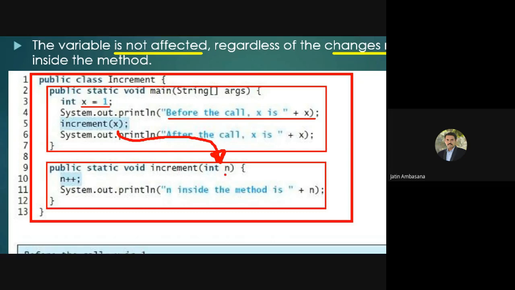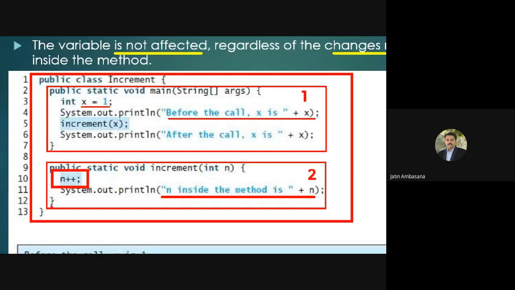Now whatever operations you do on this n do not get reflected onto this x. If you say n plus plus, n inside the method will obviously be 2. Here it prints 1, and then here it prints 2, right?